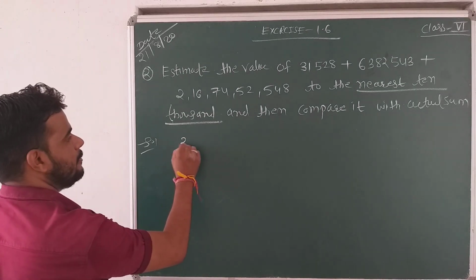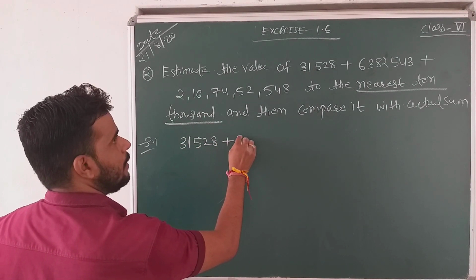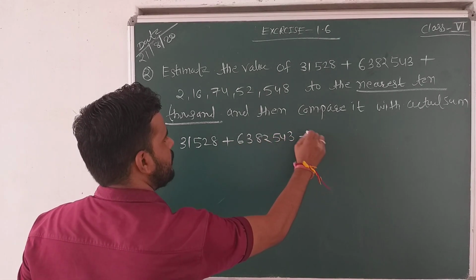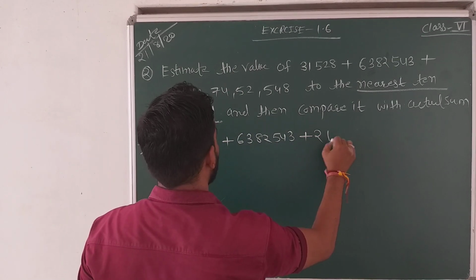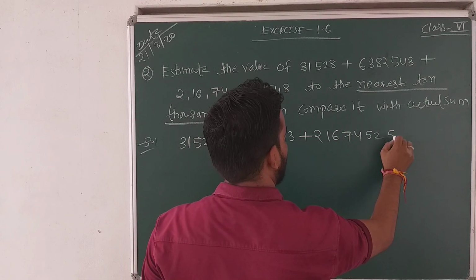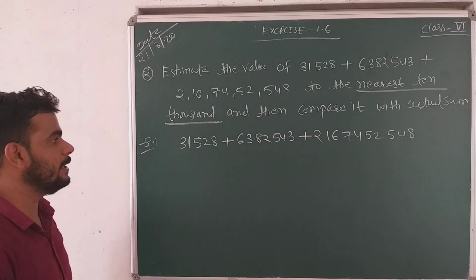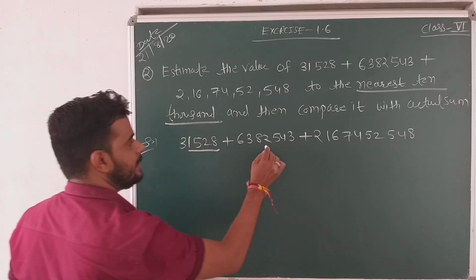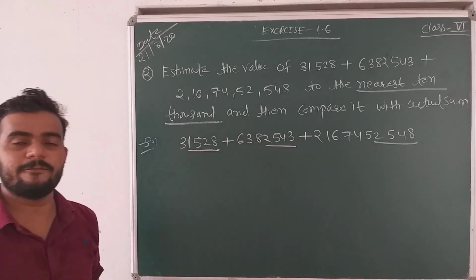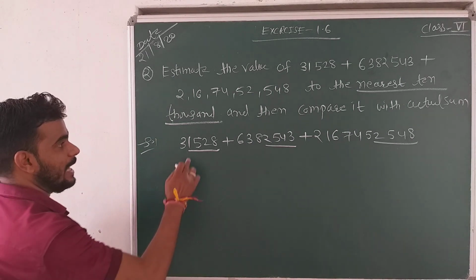Okay, the first question: 31528 plus 6382543 plus 216745258. So for the nearest 10,000, if the last four digits are equal to or more than 5,000, then we will add 1 and make them 0. If less than, then directly. So the last 4 digits